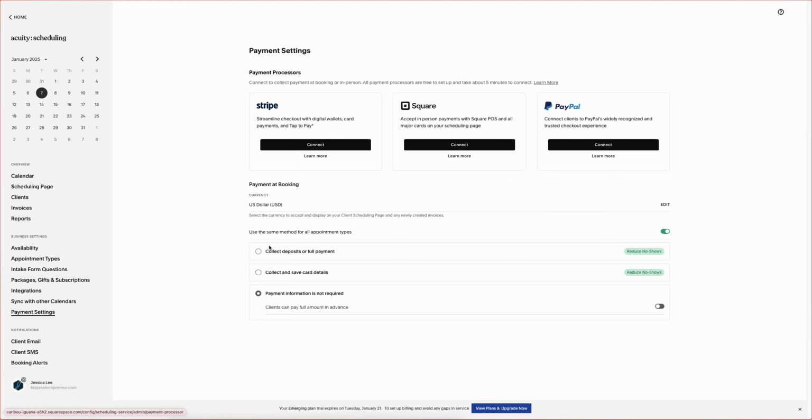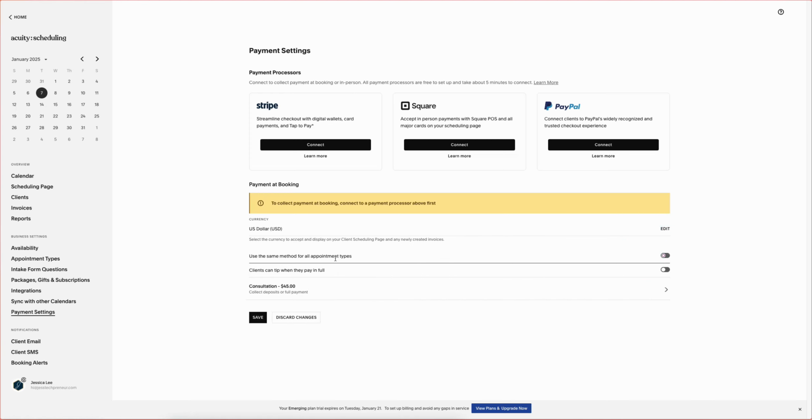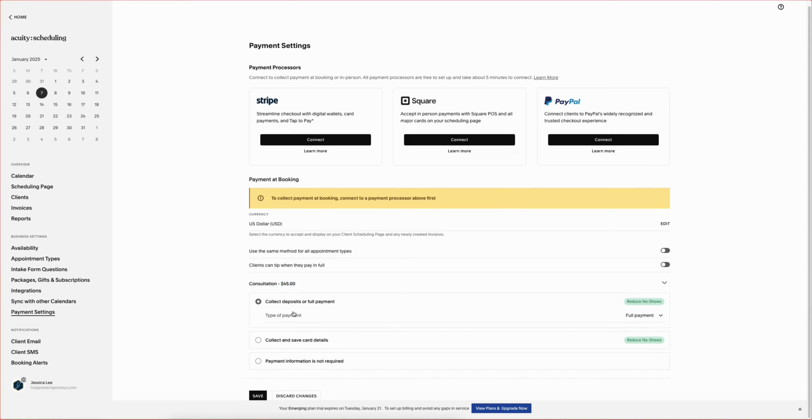With that set up, you can come below and turn on the deposit. You can use the same method for all appointment types, or you can select it by appointment type. So we have consultation for $45. If I wanted to only create a deposit for this service, I can add it here, which I can do